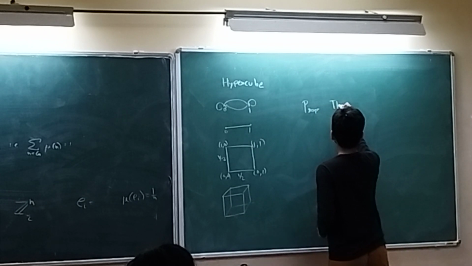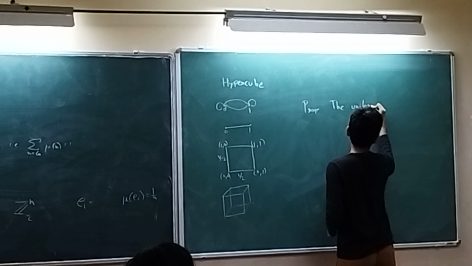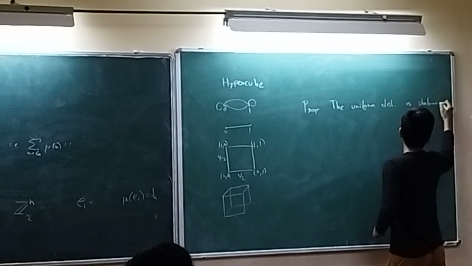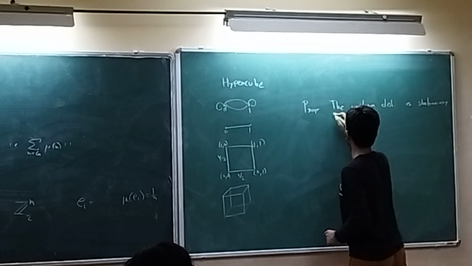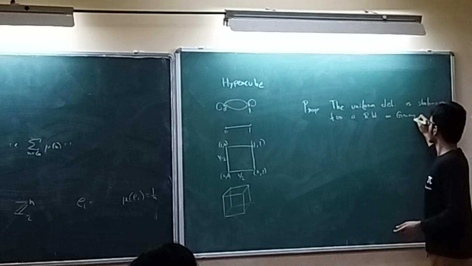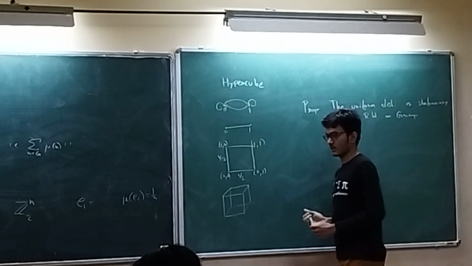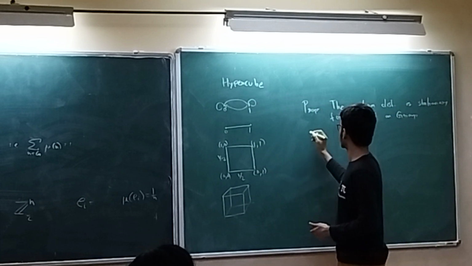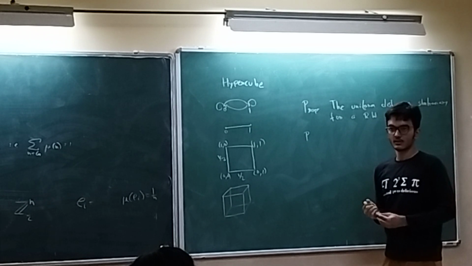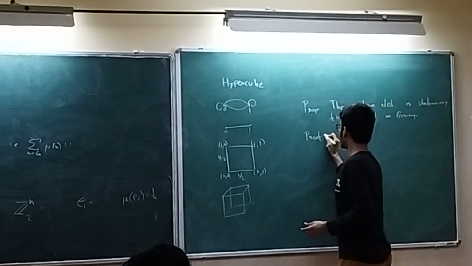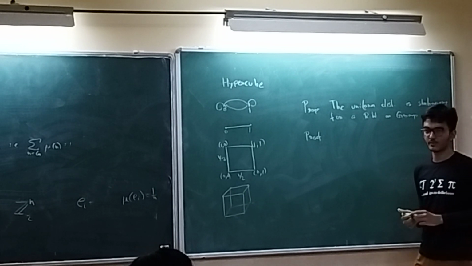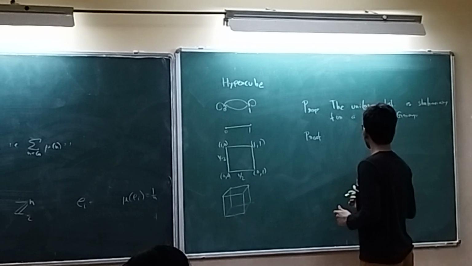The uniform distribution is stationary for a random walk on the group. This was quite non-trivial for me. I don't have any intuitive explanation. Under some conditions on mu, under some irreducibility conditions on mu. No, we don't need that. There may be other questions. So let's just prove that.